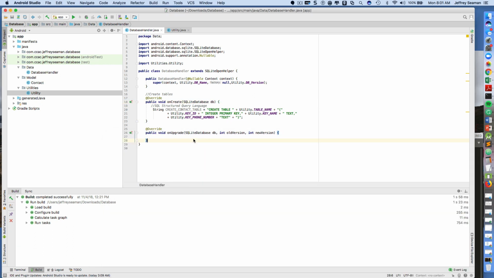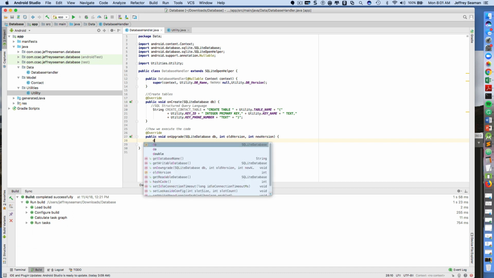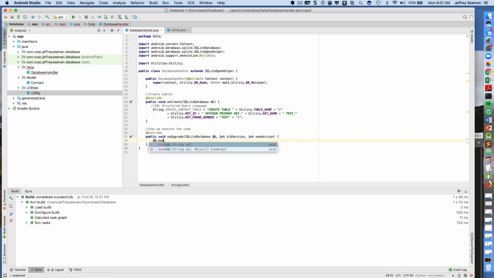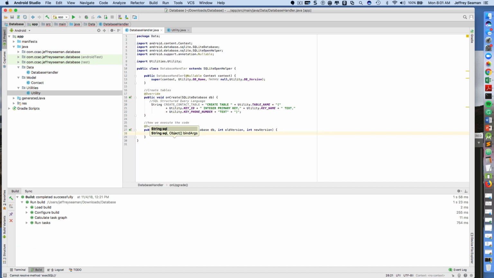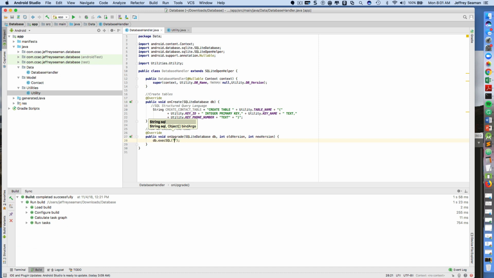And now we want to do an on upgrade. So this right here, we have the old version, new version. This is going to be where we're going to have the execution here. So this is where it gets executed at. So let's put this here. How we execute the code. All right. So now we come down here, and what we're going to do is type in here db.execute SQL, and we're going to say, hey, I got to put that in caps lock,